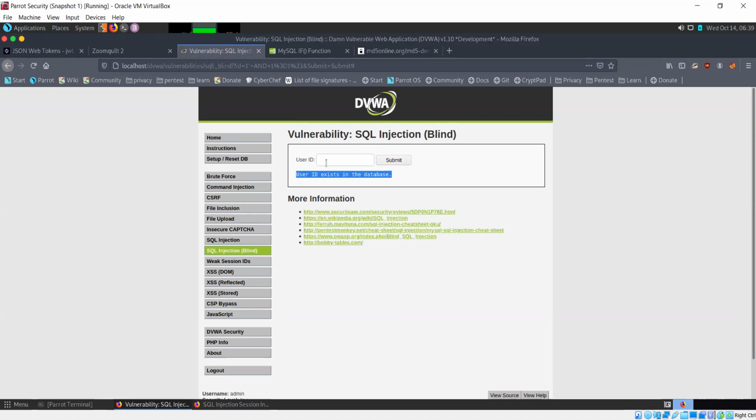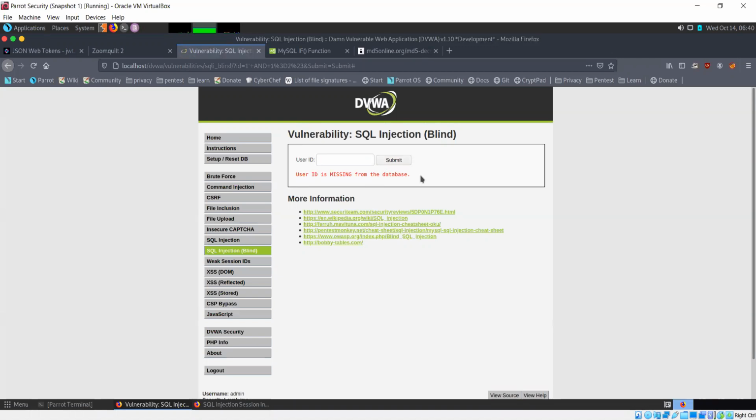So when user ID is equal to 1 and 1 is equal to 1 is run, that means it's a true statement. There is a user ID with the name of 1 and our other part is true as well. Now let's see what happens when we provide it with a statement that we know is false. Here we are just testing to check that the database is giving us the intended kind of response. So, and 1 is equal to 2.